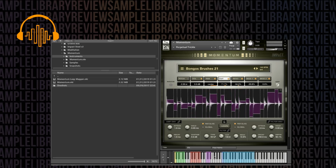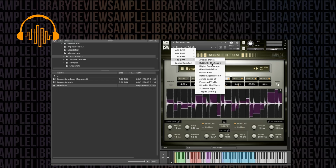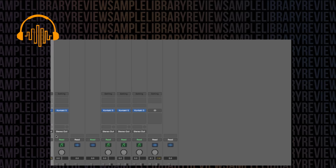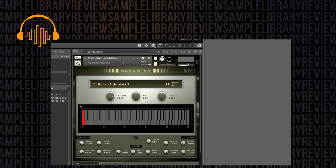Yeah, that's pretty fun. I like the ability to just kind of jump in and get loop manipulated and do some adjustments on the fly. All right, we're just scratching the surface of this one. I want to move on so that we can check out the other Momentum NKI, which is our